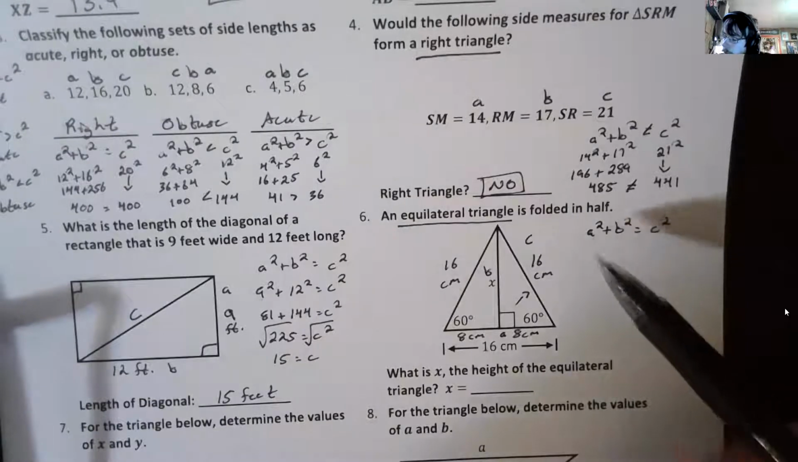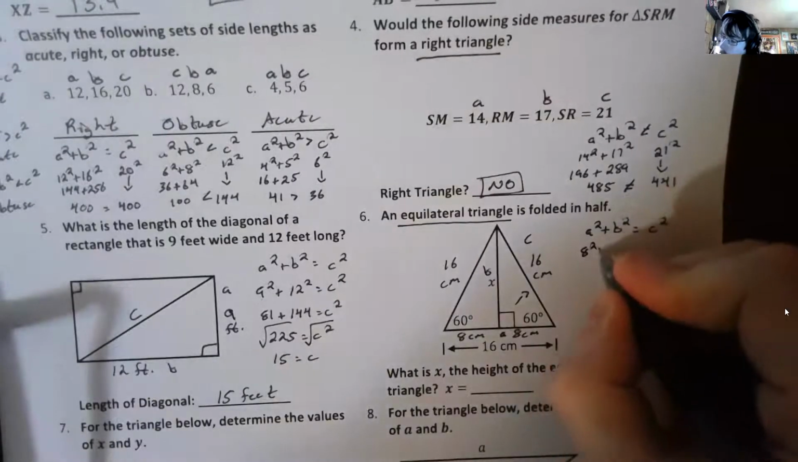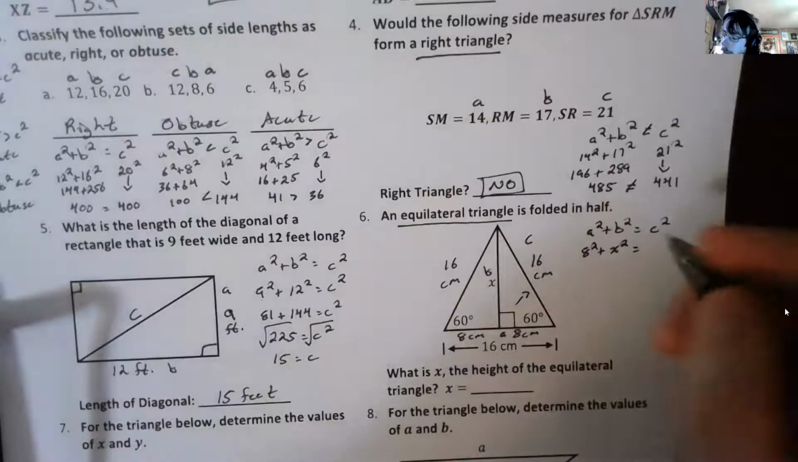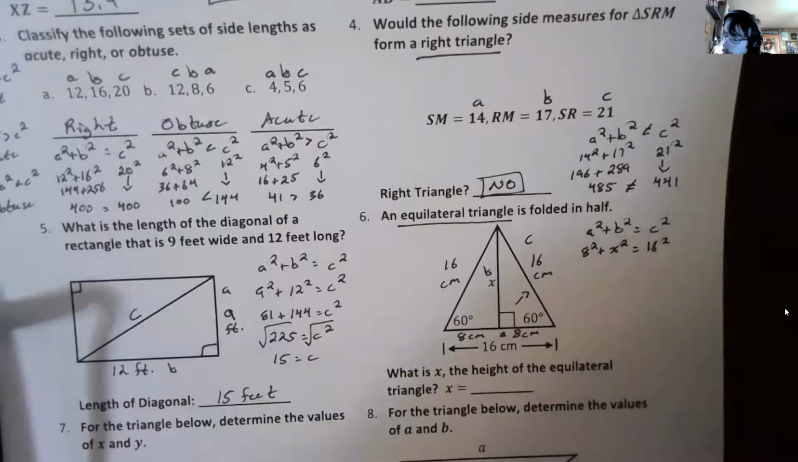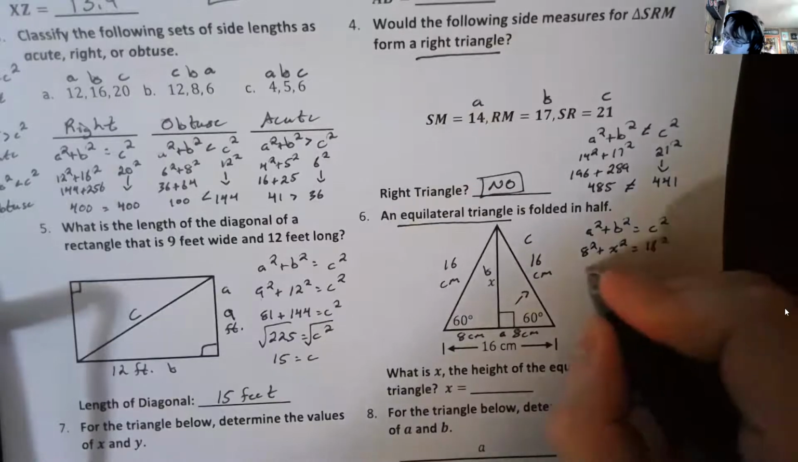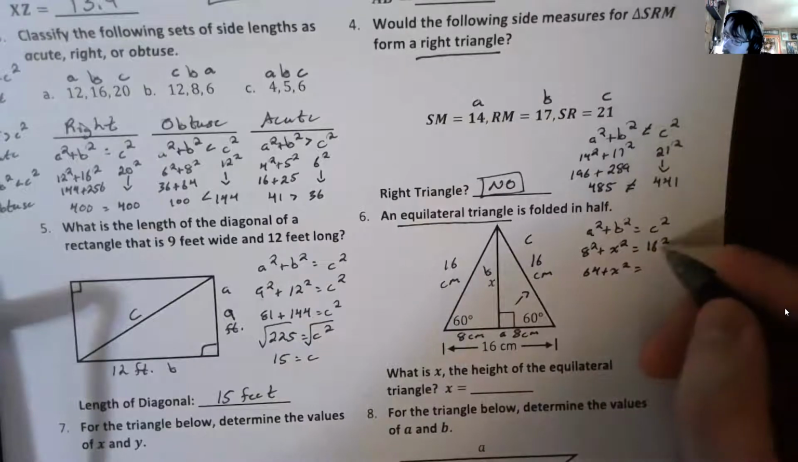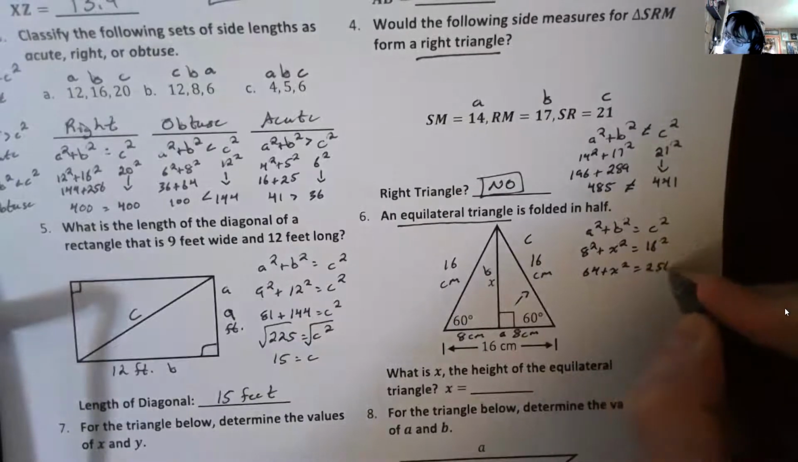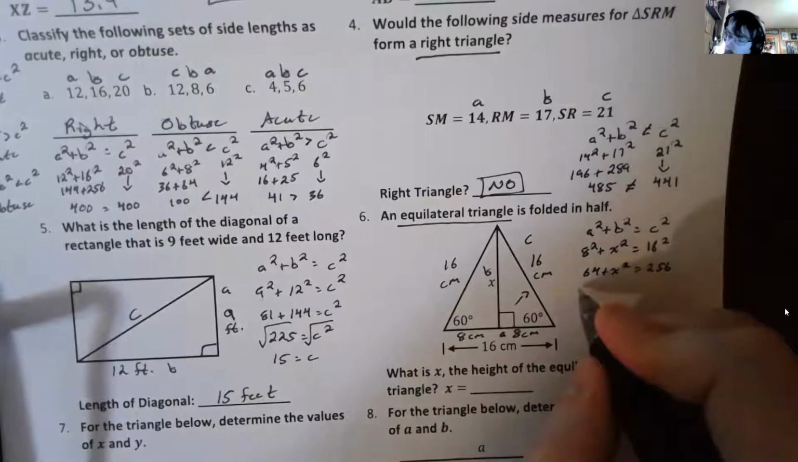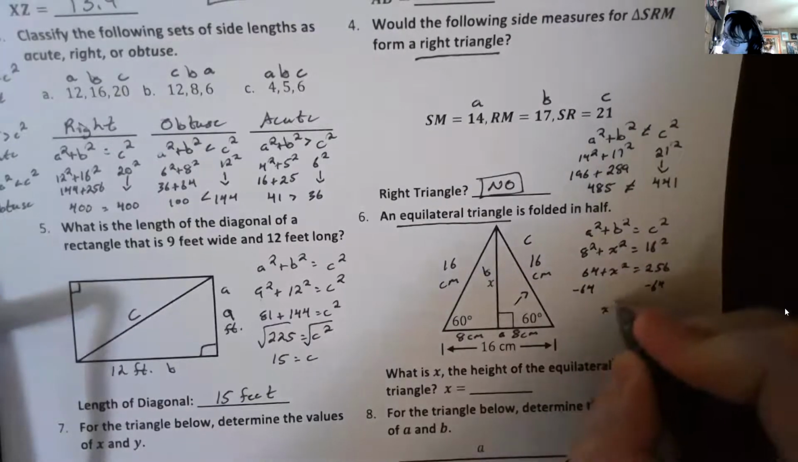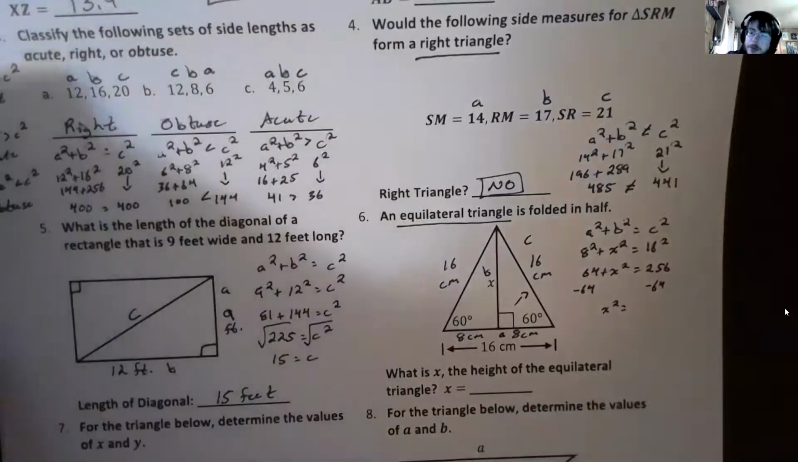A squared is 8 squared. We don't know what B squared is, so we're going to put an X there. And C squared is 16 squared. 8 squared is 64 plus X squared equals 16 squared, which is 256. We're going to have to subtract 64 from both sides, and we get that x squared is equal to